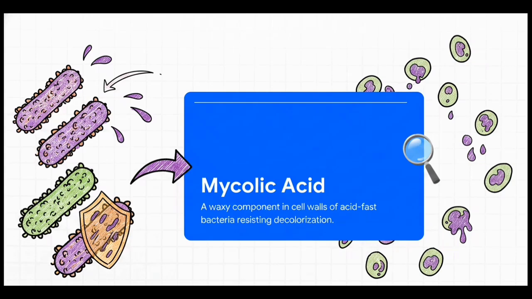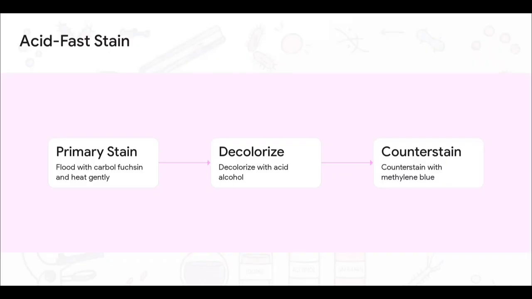It's a literal suit of biological armor that lets them completely shrug off standard dyes and decolorizers. No big deal to them. So, to pierce that waxy armor, the Ziehl-Neelsen method forces us to get aggressive. We literally heat the slide while flooding it with a powerful dye called carbolfuchsin, basically melting the colors straight into